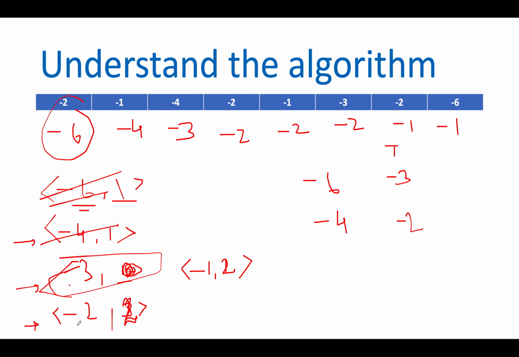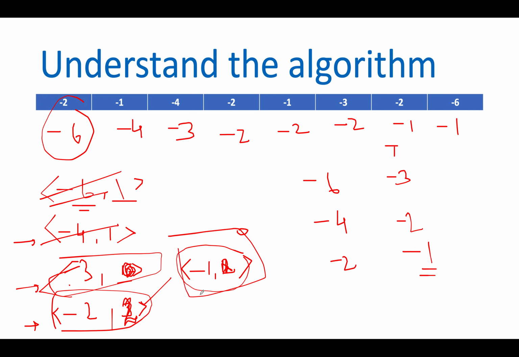And next we have is -2, 2. What would be the target element for -2? The target element would be -1. And what is the frequency of -1 in the input array? The frequency of -1 is 2. The frequency of the current element is 2. You can consume it. So the frequency gets reduced to 0. And this is also done. Next we have is -1. The frequency is 0. Don't need to worry about it. Since the frequency is 0, we are done with the iteration. We'll return true from here.